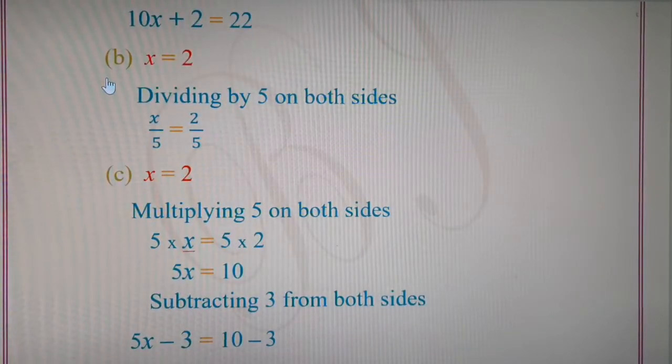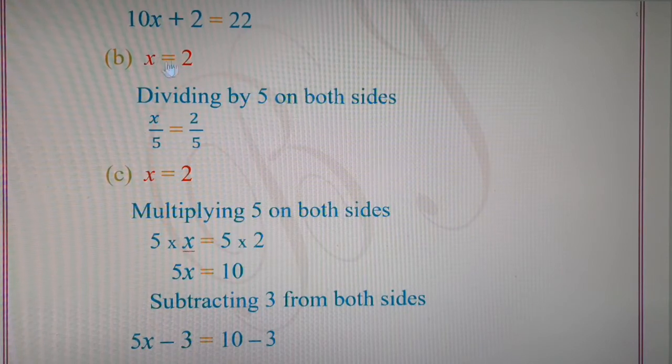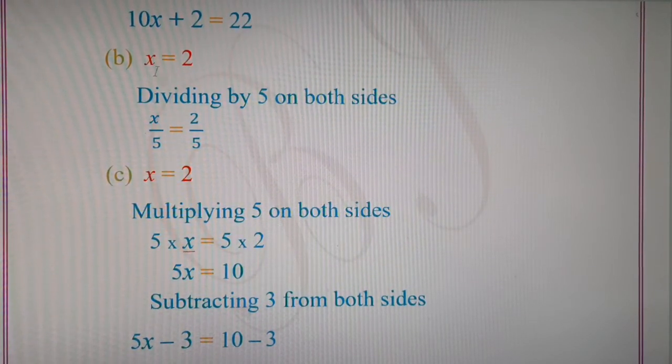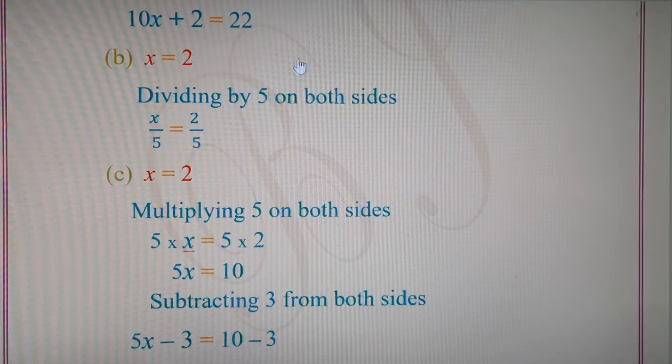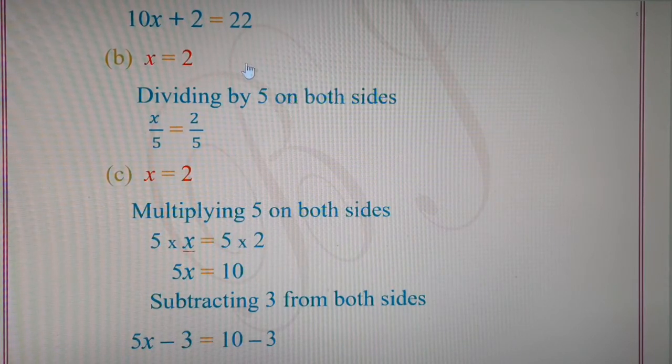Now let us form another equation using the condition x equal to 2. We have to form an equation such that when we solve or simplify that equation, the solution of that equation should be 2. X equal to 2 should be the answer of that equation. So we have to form our own equation. We will use either of the 4 mathematical functions such as addition, subtraction, multiplication or division.